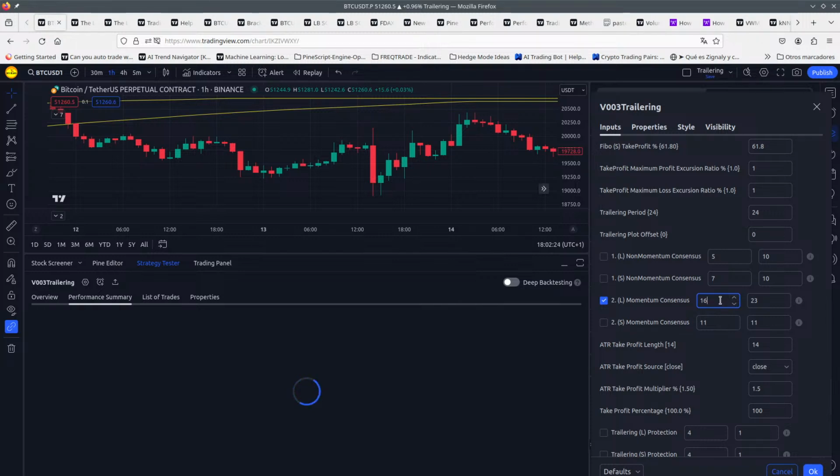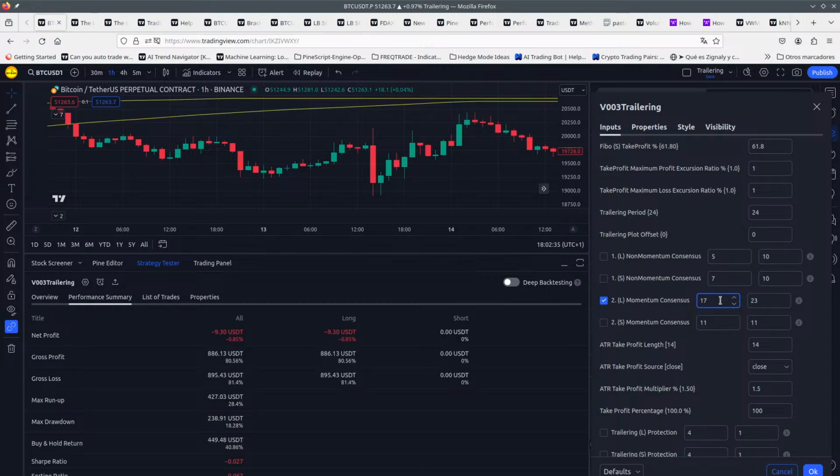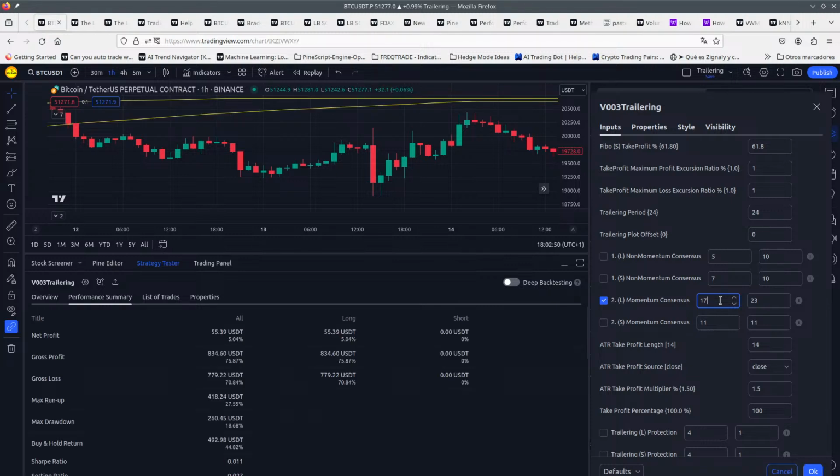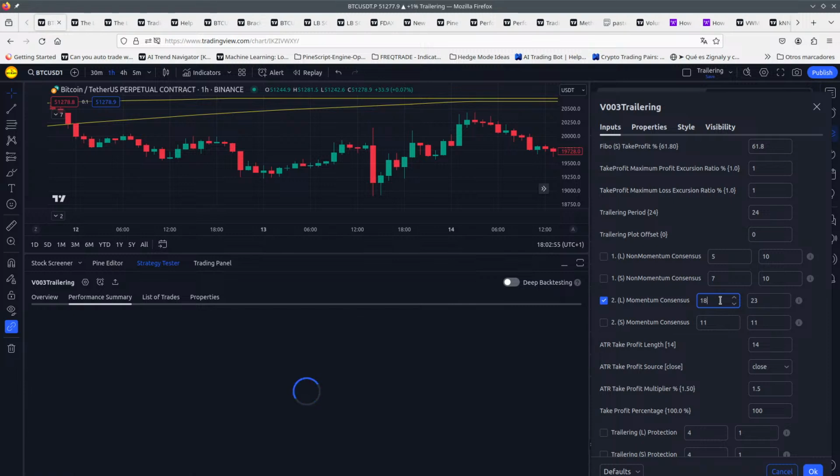Let's see if we can manage to find some good numbers here for this range. No. 5%. I should probably also check